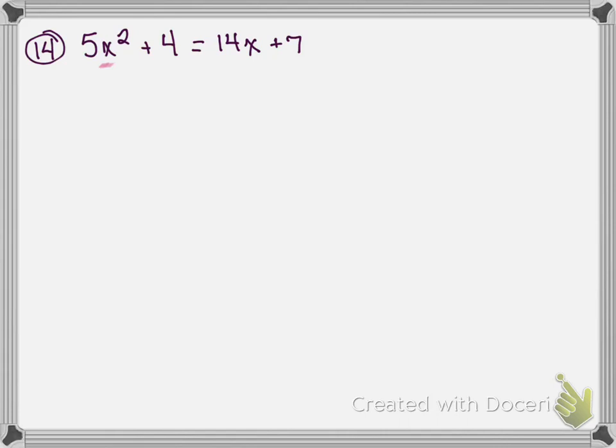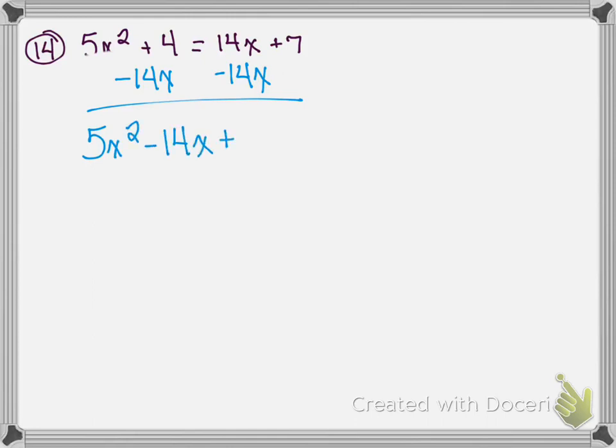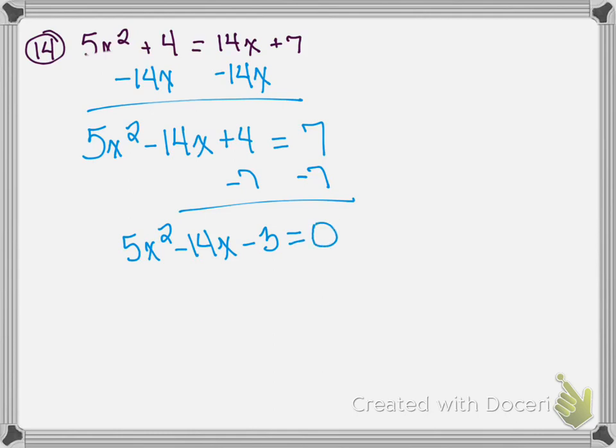What we want to do here is get it set equal to 0. The reason that we want to get it set equal to 0 is because we have something squared. So I am going to subtract 14x from both sides. I do not have anything on the left-hand side to combine with that. So I have 5x squared minus 14x plus 4. And then my next step is to subtract 7. So I have 5x squared minus 14x minus 3 equals 0. So at this point,